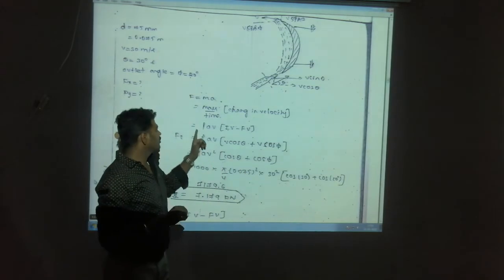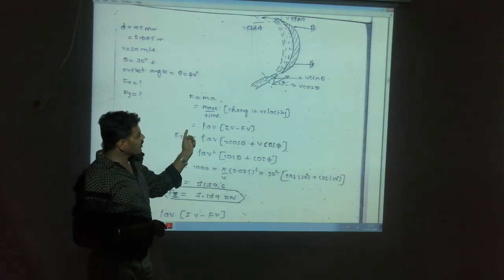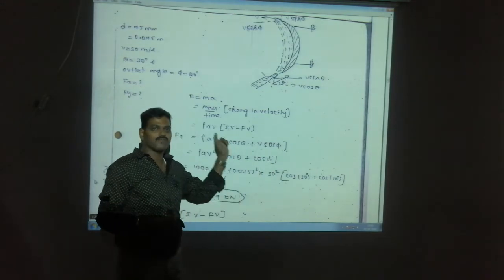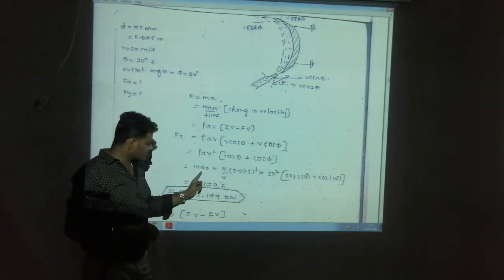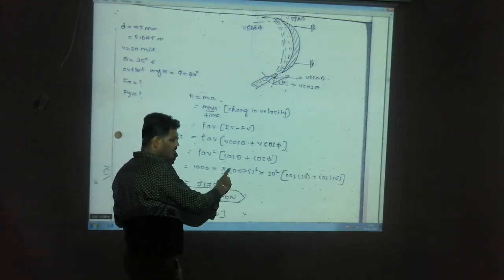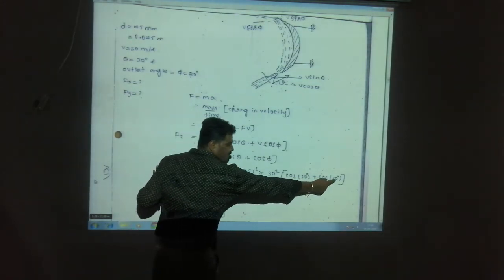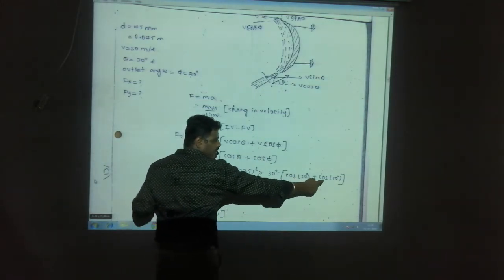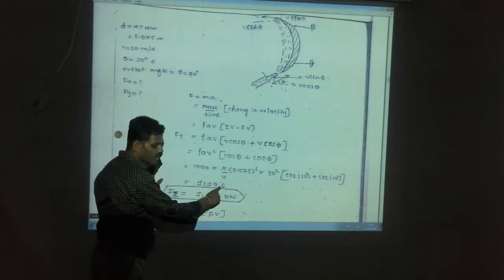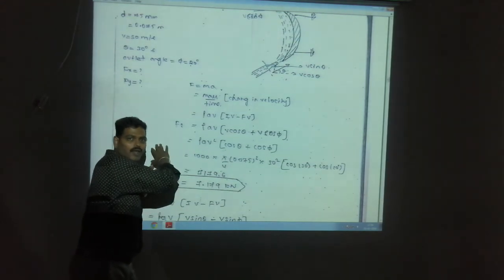After writing the sketch, you should write the conditions and the basic principles. F is equal to MA, that is rho AV, initial minus final. So again you get the equation rho AV square into cos theta plus cos phi for x direction. So Fx is equal to 1000, A is pi d square by 4, diameter is 75 mm, that is 0.075 whole square into pi by 4, into V is 30 square, then initial is 30 degree and final is 20 degree, that is theta and phi. So cos 30 degree plus cos 20 degree, cos theta and cos phi. I'll get Fx is 7179.6 Newton, or I can say Fx is 7.179 kilo Newton. This is for x direction.